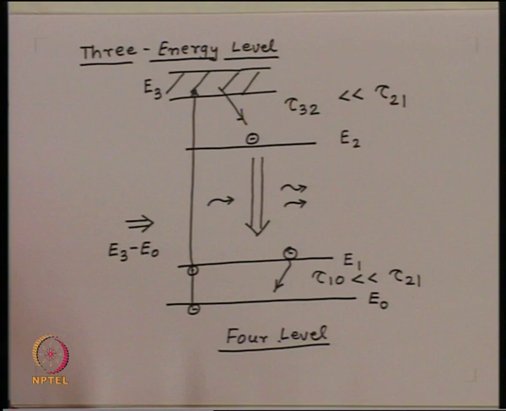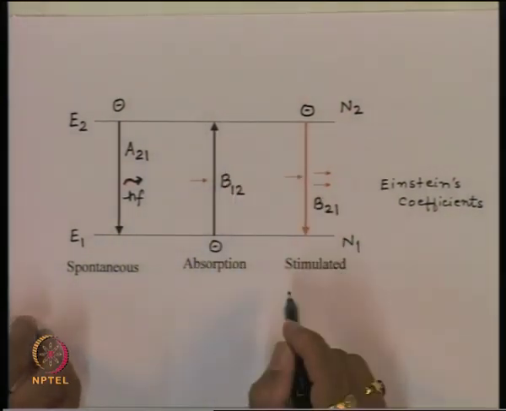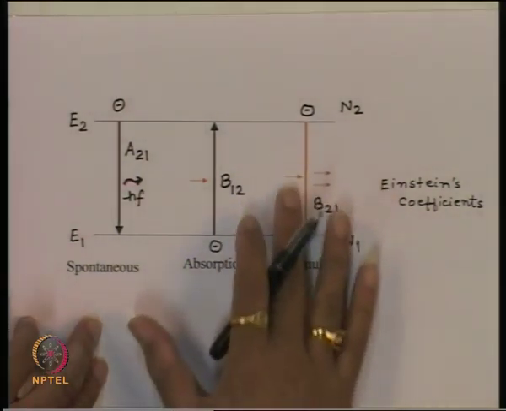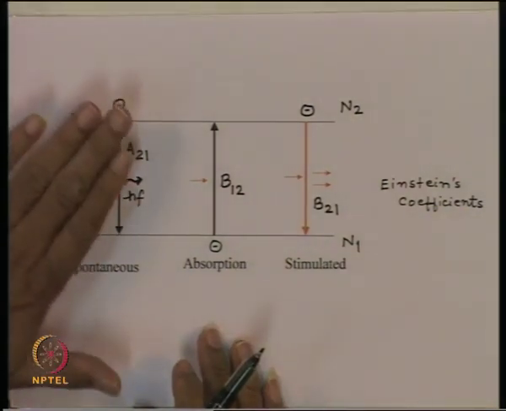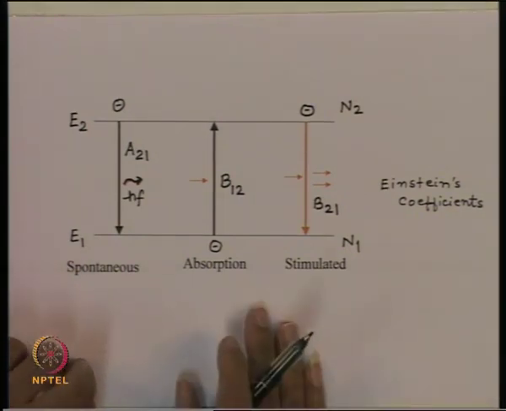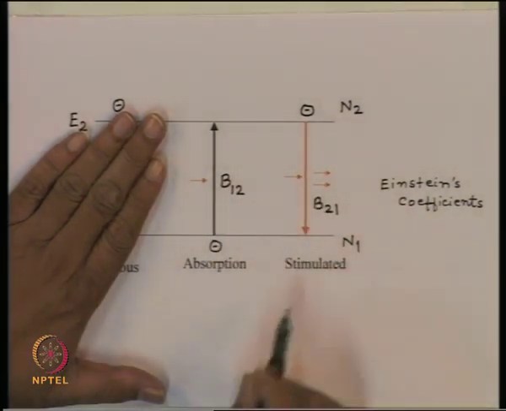Let us now go back to our original thing with this understanding that by doing these mechanisms, we have created the population inversion, and then we have a certain number of electrons which are in the upper level, and there are certain number of electrons which are at the lower level, and then when the photon is incident, now with equal probability either upward transition will take place or downward transition will take place. And as we mentioned, since this process is a very fast process, the spontaneous emission will not have any chance to show. So, in now our discussion, let us assume that the spontaneous emission is negligible, and essentially these two processes are only the ones which are taking part.